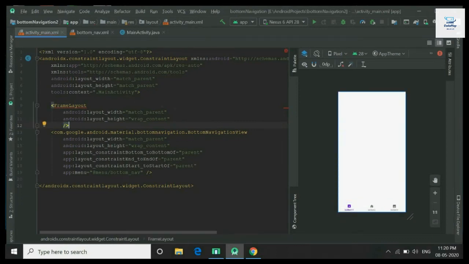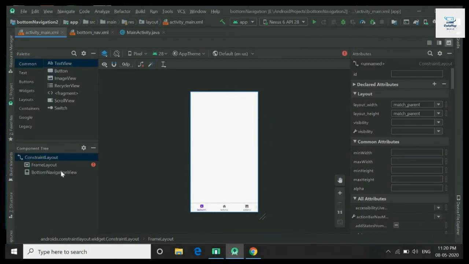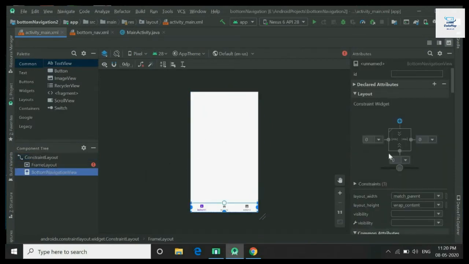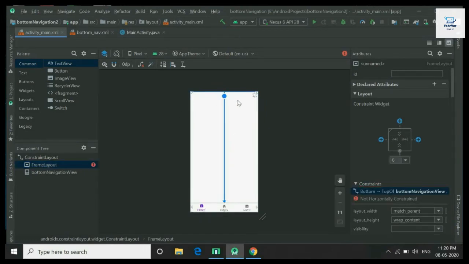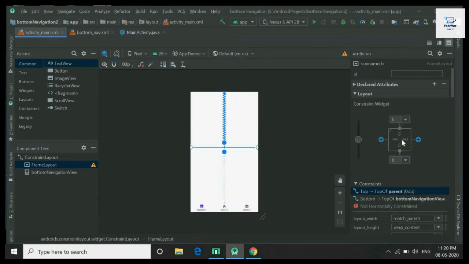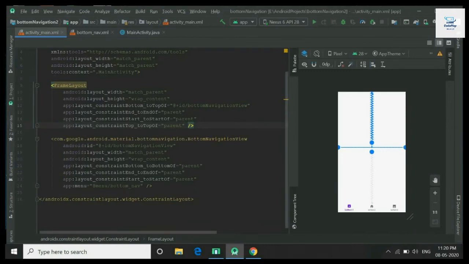As this is a constraint layout, we will move to the design view and constrain this frame layout to the bottom navigation. Remove this wrap content of height and keep it 0 dp.